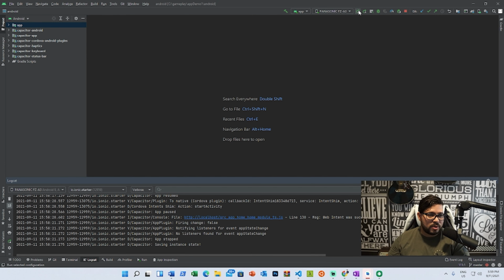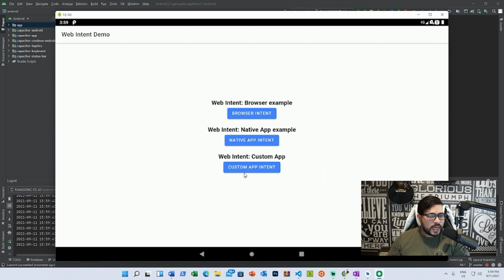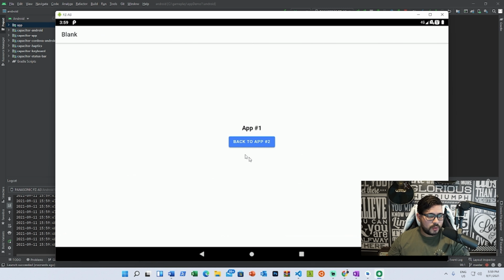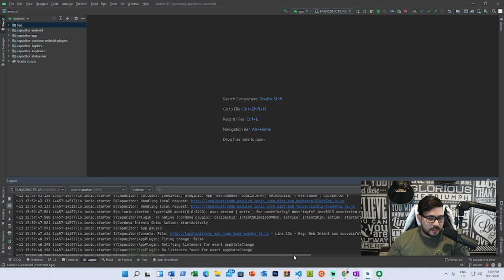Yeah, so this demo app, now that it's built, let's just go ahead and deploy it. Now we've got the application. Let's call the custom intent. We get the app, and then if we look at the logs, we can see